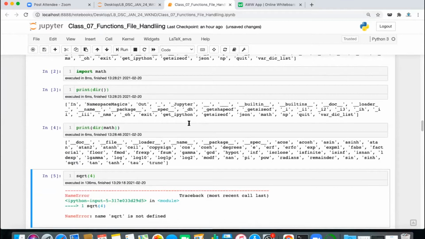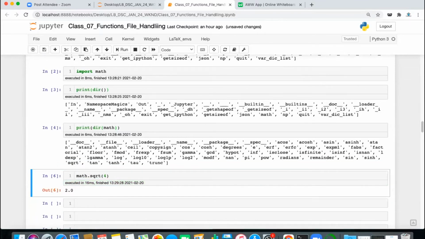It is available inside math. So you write math.sqrt. If you are importing any module and you want to access any function, attribute or variable inside it, you have to give the reference of that module and then the variable or method name.